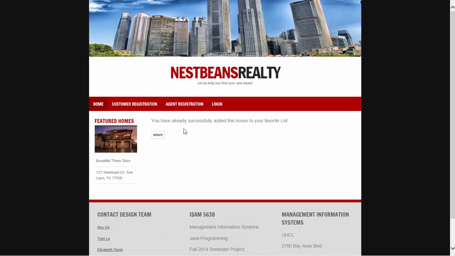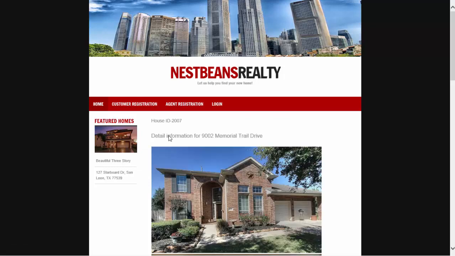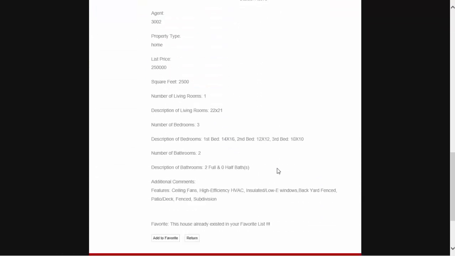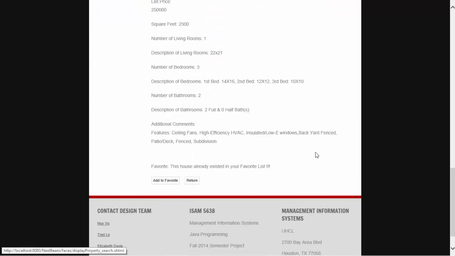And as you can see, we've successfully added the house to our favorites list. So let's return. We're back to our detailed information about the house. We hit return again. As you see, it says the house exists in our favorites list, so we know it's in our favorites, so we should see it listed